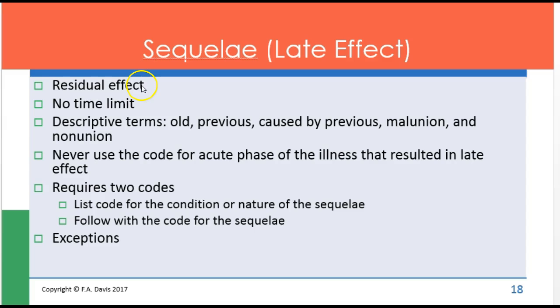Okay, so for example, you may have somebody who had a fracture previously, a broken bone that has healed incorrectly. So we would call that a malunion. Okay, so if we have a malunion, the fracture has healed, so we do not have a fracture. So we can't code that the patient has a fracture, but we need to tell the whole story. So we're going to code the malunion